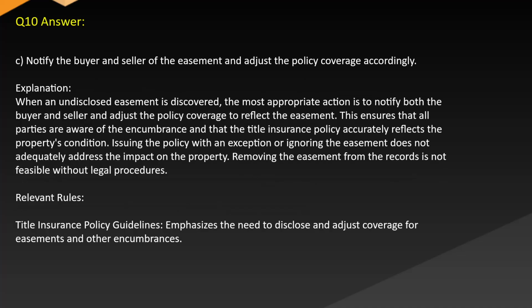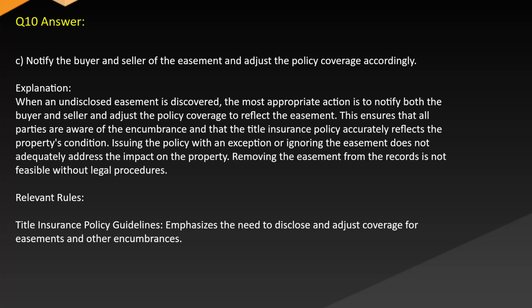Answer. C. Notify the buyer and seller of the easement and adjust the policy coverage accordingly. Explanation. When an undisclosed easement is discovered, the most appropriate action is to notify both the buyer and seller and adjust the policy coverage to reflect the easement. This ensures that all parties are aware of the encumbrance and that the title insurance policy accurately reflects the property's